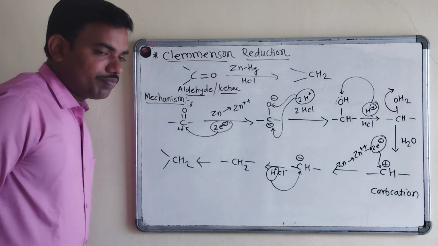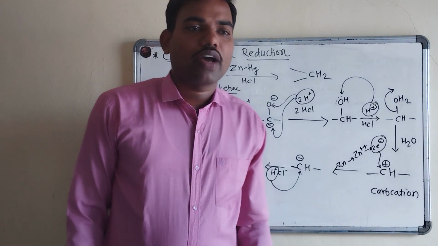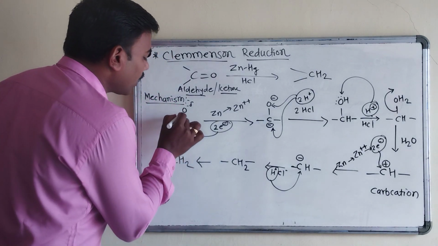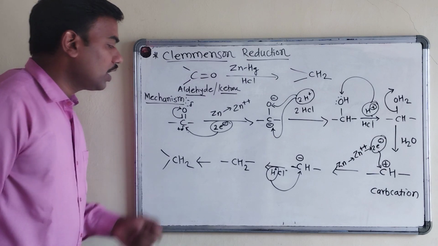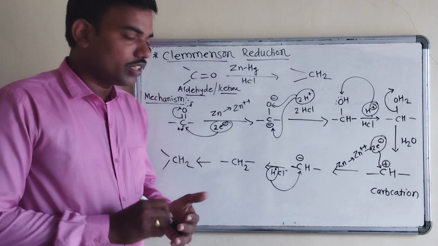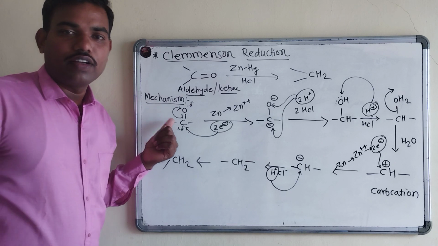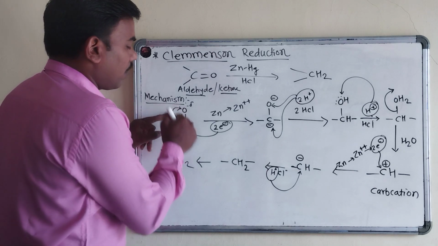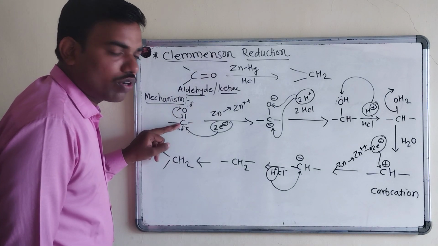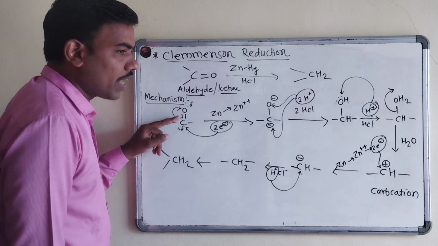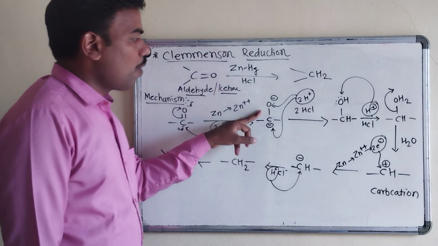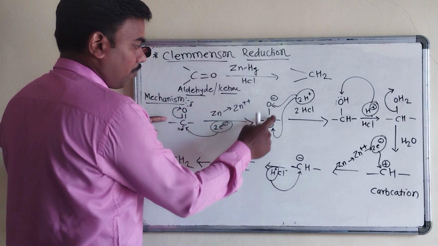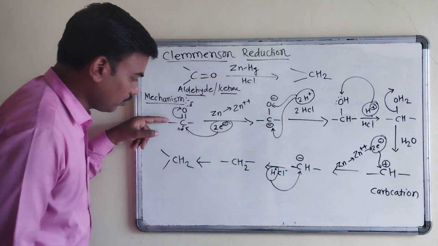So what is the mechanism? All of you know oxygen has highest electronegativity. So oxygen will attract electrons towards itself. So oxygen क्या करेगा? इलेक्ट्रॉन खींच के लेगा उसकी तरफ. Due to more electronegativity as compared to carbon, oxygen will attract electrons towards itself. So oxygen possesses negative charge here. You can see this carbon and this oxygen possesses negative charge.